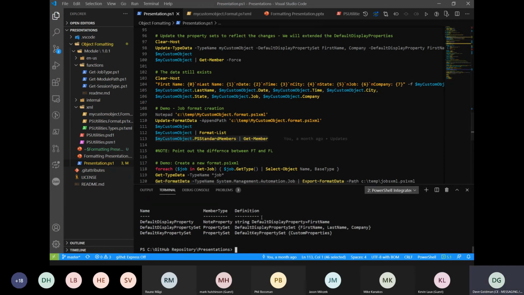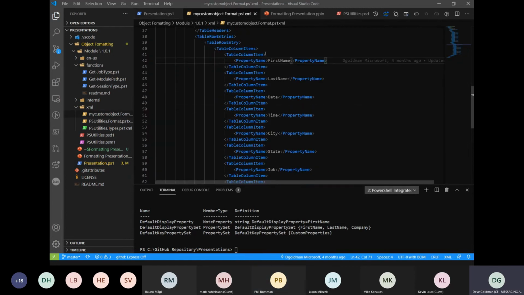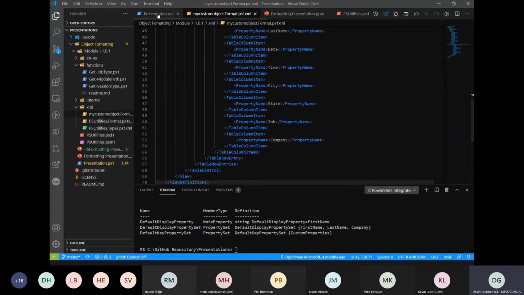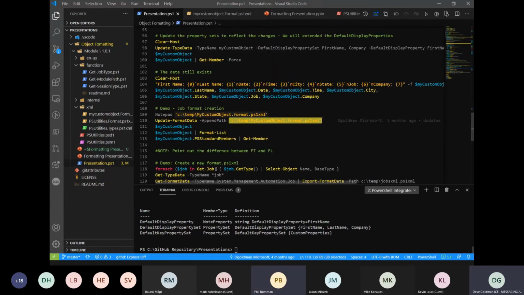But if I go back, we can see that when we went to print my custom object, now that we updated the formatting data based on this format file, which looks like this, we're saying give us first name, last name, date, and all of this, right? You guys still with me? Yep.